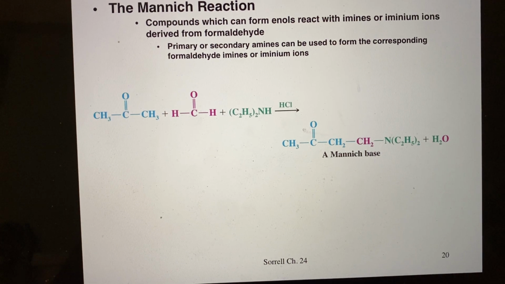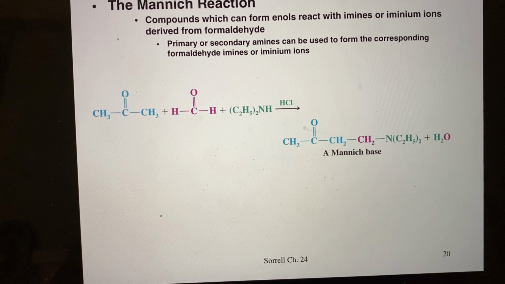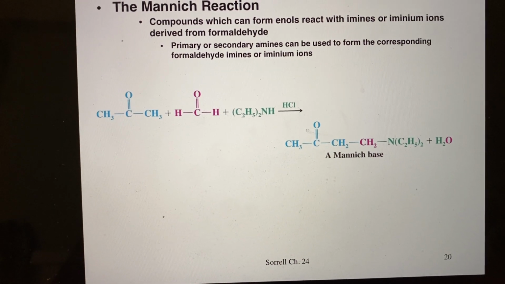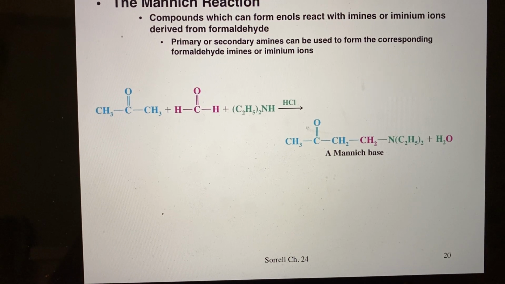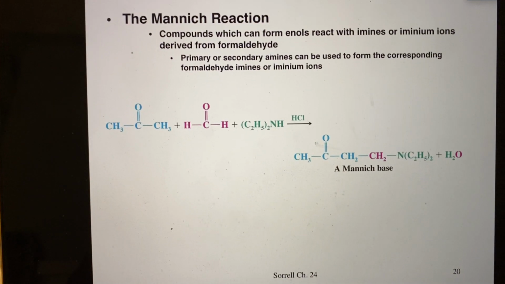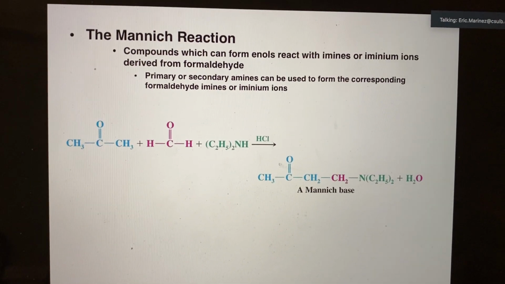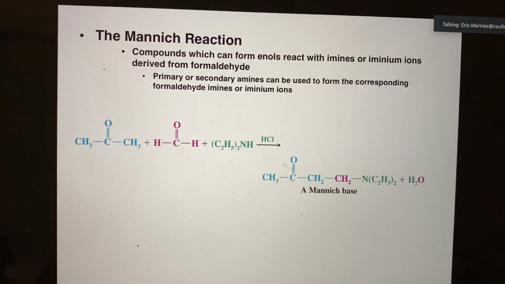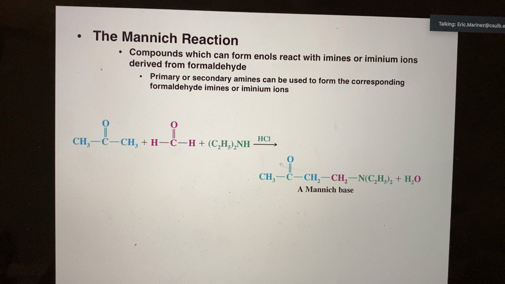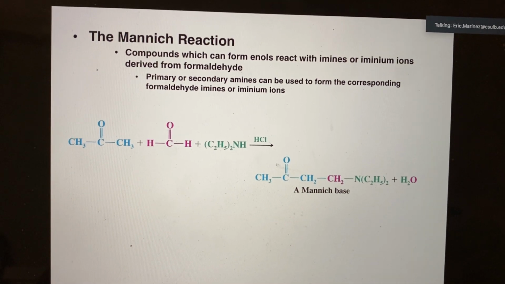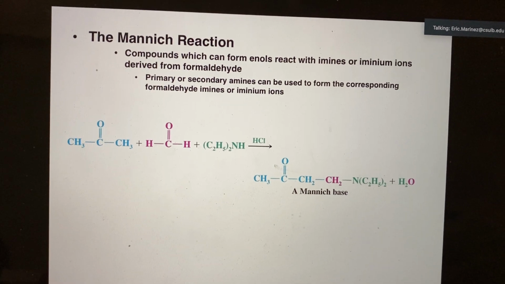Okay, so the whole chapter is focused on how you utilize alpha, beta, unsaturated systems. That's what we talked about yesterday with the conjugate addition. But in the beginning of Sorrell, one of the things I didn't cover is what methods you have of making them. I touched on it yesterday, and I said we just learned in the preceding chapter the aldol reaction. If you do the aldol reaction and do a condensation, you make alpha, beta, unsaturated aldehydes or ketones. Well, there are other methodologies, but the other one that I want you to be aware of is the